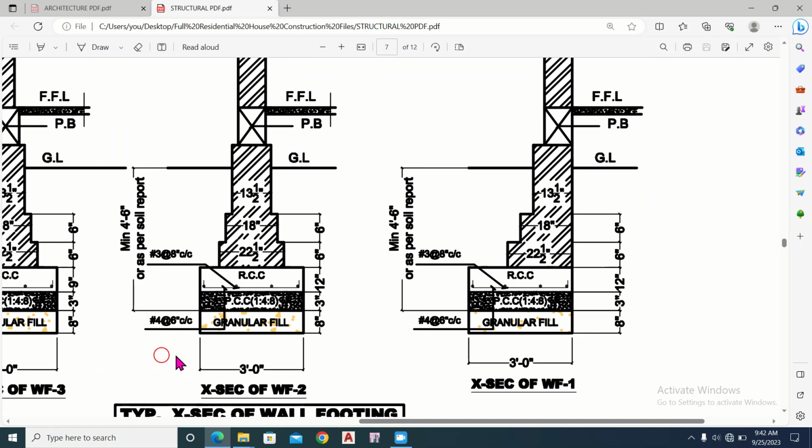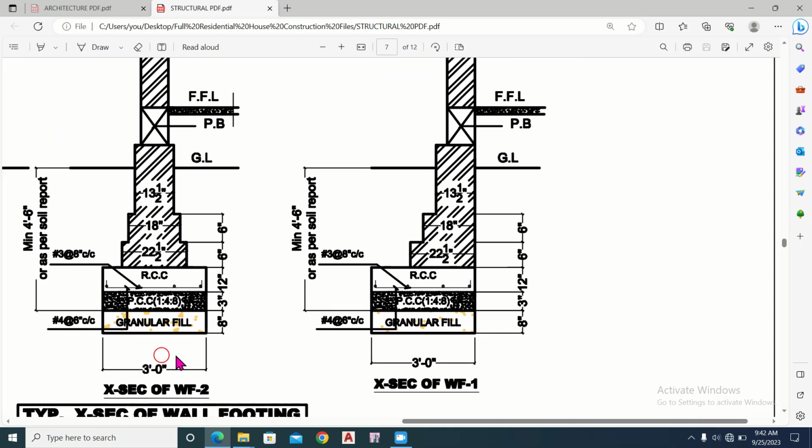So in the wall footing WF1 cross section, this is the width of the wall footing. This is 3 feet, and at the footing here we have to tell when we reach the designated level by excavating from this ground level, and we reach this designated level,